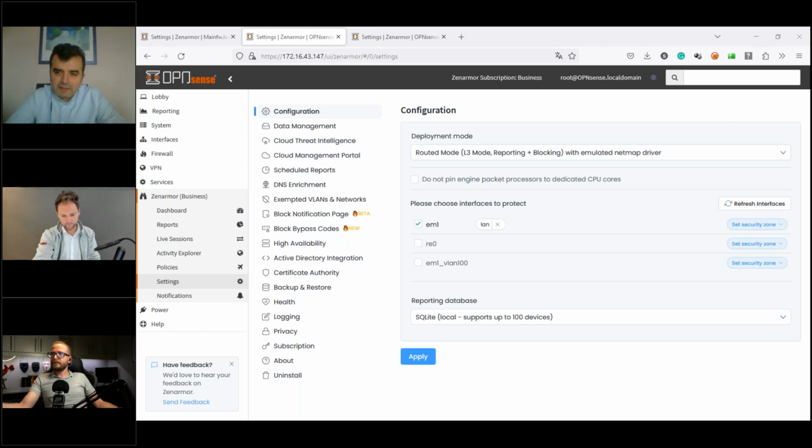And I can add, about ZenArmor's limits for large environments, we can say ZenArmor can handle 5 gigabit per second throughput and 5,000 users behind it.